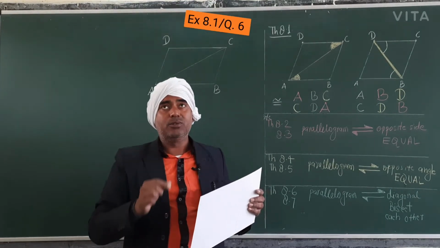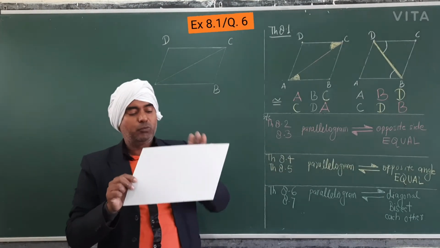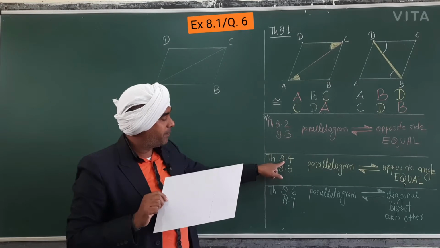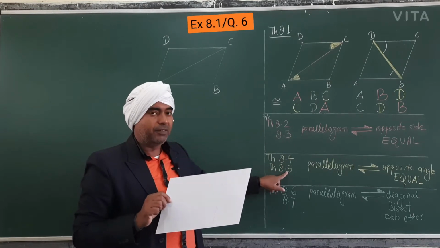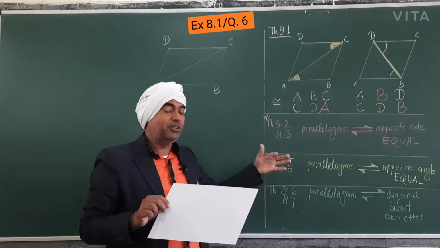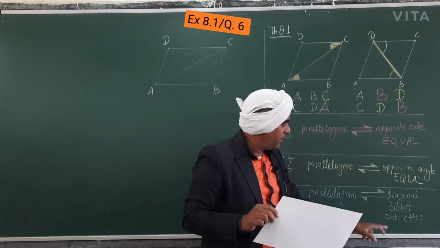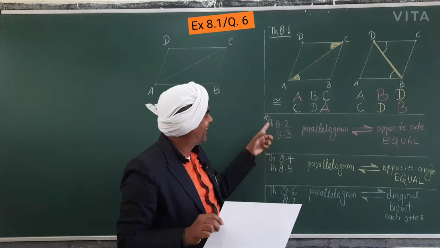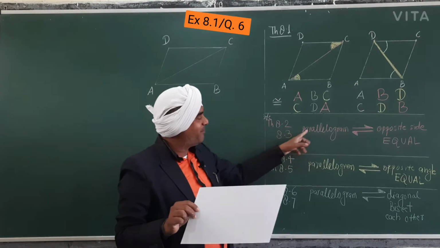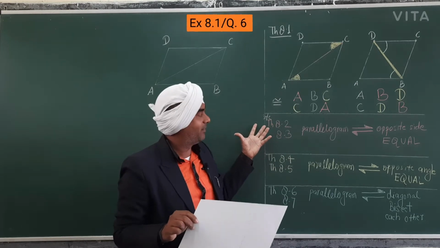The definition includes two pairs of parallel lines. This should be parallel to this, this should be parallel to this. But you have a theorem. Theorem is here. Theorem 8.4 and 8.5. In theorem 8.4, it says in a parallelogram, opposite angles are equal. Okay, sorry. You should see here, theorem 8.2 and 8.3. It is given parallelogram, opposite sides equal. And it is a theorem, means it has been proved.